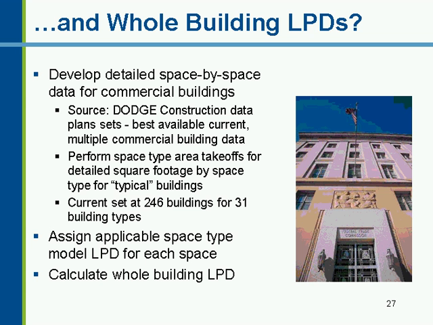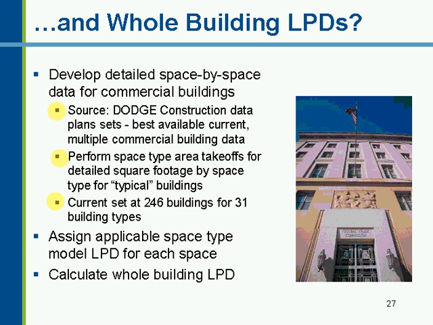What was needed, of course, was an idea of what a typical building entails in terms of how much square footage is office, hallway, etc. So there was a source of construction data access, the Dodge construction data. Building plans were required for brand new buildings because this is a standard for new construction primarily and new renovation. Detailed takeoffs were done for those buildings to come up with what the square footage of each space type was within those. This is based on a current set of 246 buildings across 31 building types,